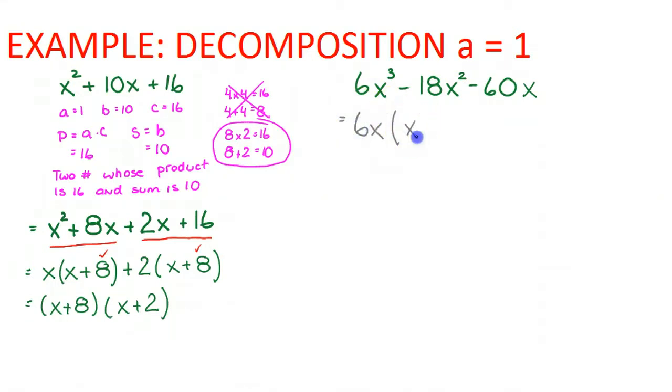And that's going to leave me with x squared minus 3x minus 10. And suddenly this becomes that much more accessible. So here our product is going to be negative 10. Don't forget that negative. And our sum is going to be minus 3. Now again, I have to find two numbers that multiply to give me negative 10, but add to give me negative 3. But what I can do is use the signs to help give me a clue as far as what to do. So if my two numbers multiplied together have to give me a negative, and my sum has to be a negative, that means